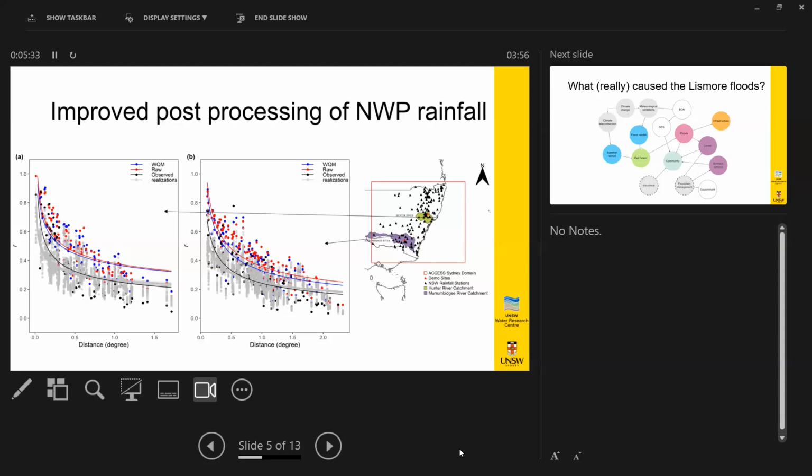And so you can see here, the red is the raw spatial correlation. So in this particular NWP model, there's too much structure. And then if we just correct the wavelet amounts, which is the blue one, then we get not much improvement. But if we look at the spatial structure as well, then we end up with this ensemble of realizations shown in grey, which maps our observations far better. And these are cross-validated results here. So this was a really promising way of thinking about some really cool hydrologic tools that we've used over a whole range of other timescales, but applying them to NWP.